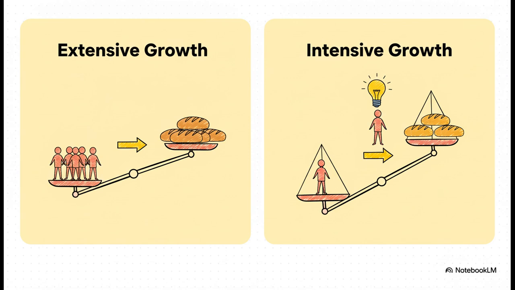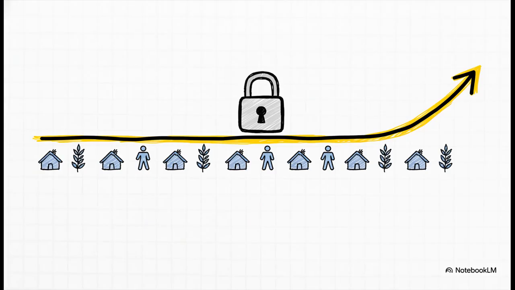But then you've got intensive growth. Now this is the real game changer. This is about getting more output from the same inputs. How? By being smarter, through new technology, better ideas. This is the stuff that actually makes a society richer. And here is the absolute kicker. For the vast, vast majority of our time on this planet, we're talking 99% of it, that second kind of growth, intensive growth, was basically off the table. It was impossible. We were living in a world of extensive growth only.